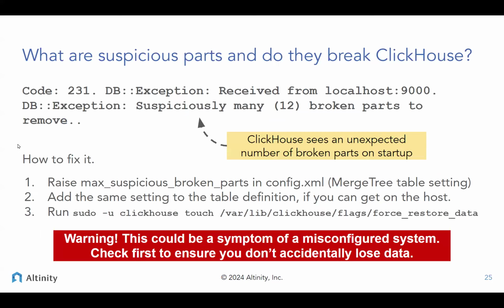Probably some of you who have run ClickHouse at scale have seen this problem. It typically happens on startup. On startup, ClickHouse is going to check the parts, because it goes through a process of finding the SQL metadata definition for the table and attaching it. And then it examines the parts to make sure that they're healthy. If ClickHouse sees more than a certain number of what appear to be broken parts, it will just stop. The reason it does this is important, because ClickHouse is basically protecting you